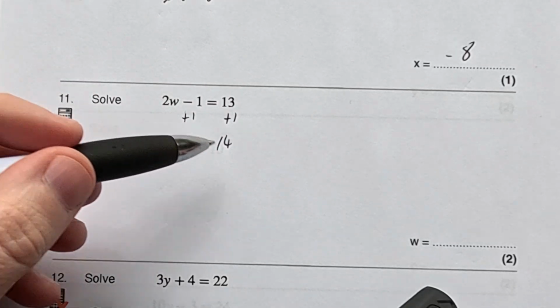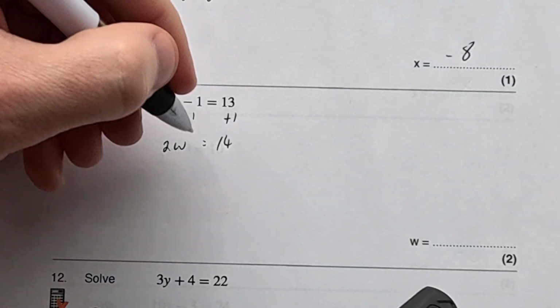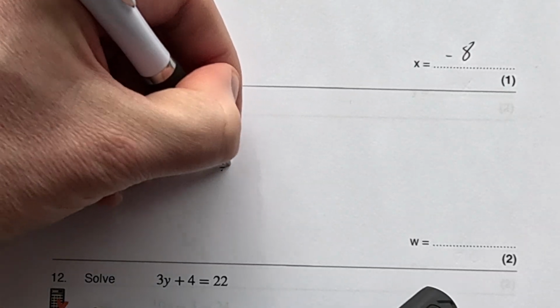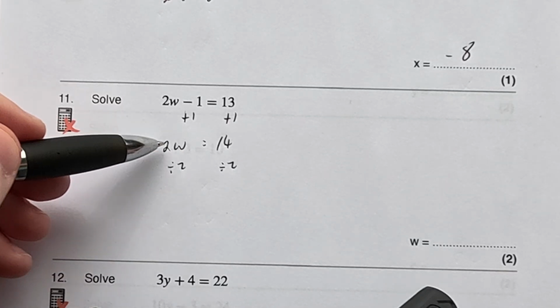So we've now got 2w equals 14, so we want to get rid of this multiply by 2. So to get rid of the multiply by 2, we're going to divide both sides of the equation by 2. We're going to divide by 2 and divide by 2. We had 2 times w, we're dividing by 2 to get rid of the times by 2, so we'd just